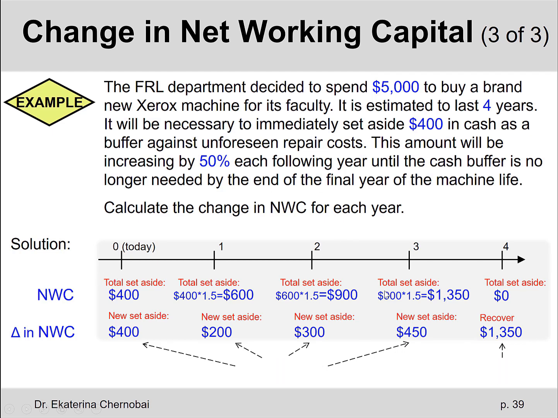Okay, so this was the third one of the three components of the total cash flow that needs to be calculated for every year of a proposed investment project. And so what were the three components? Operating cash flow, which is like profit from sales. Net capital spending, which is like buying all the big equipment items or buildings in year 0 and then selling them in the final year. And the change in net working capital, which, as you can see, is something that could be taking place every single year in our project.